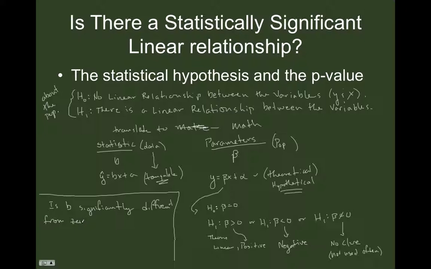Because in the null, we're assuming no linear relationship. And in the alternate, they're going to say that it's a positive or a negative association, or a positive or negative linear relationship. So the question is going to be, in a different way, we could say how rare and unusual is B, that's coming from the data, assuming